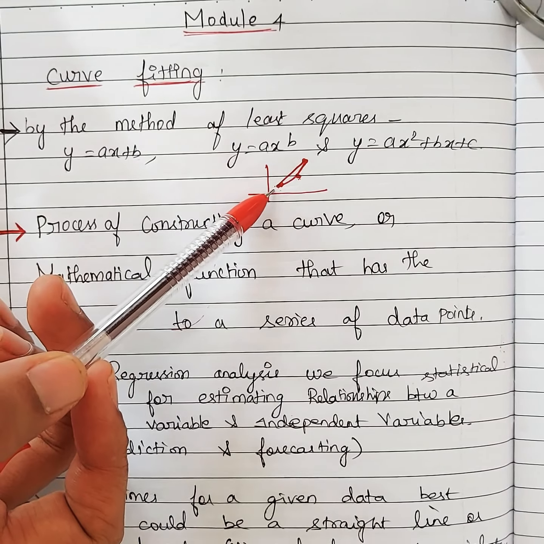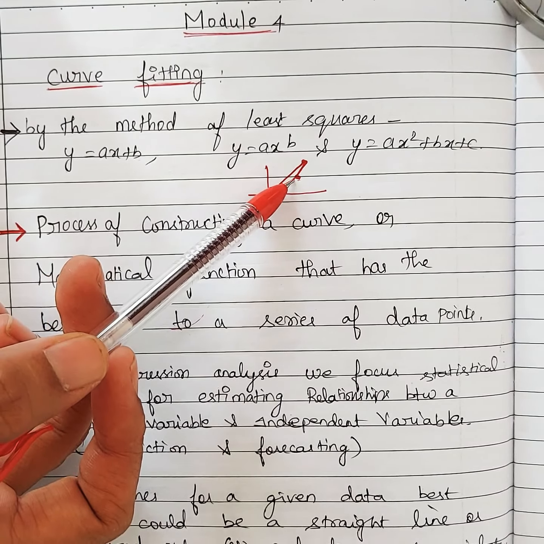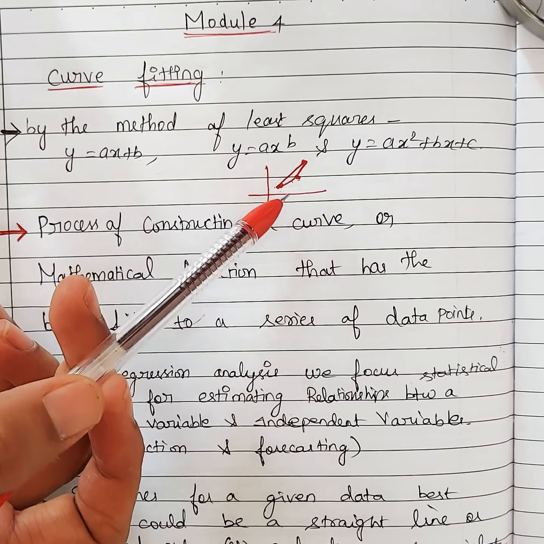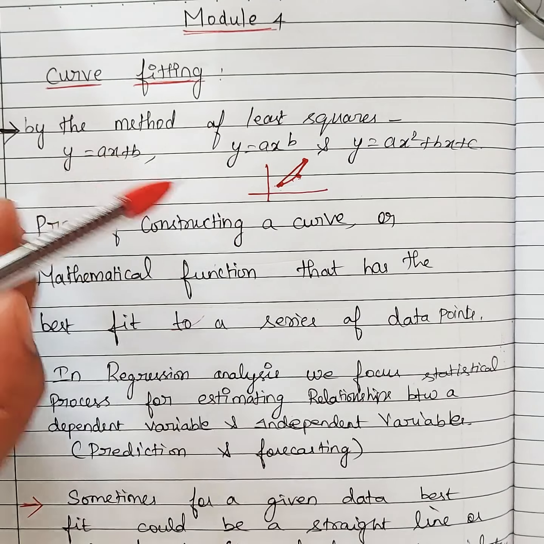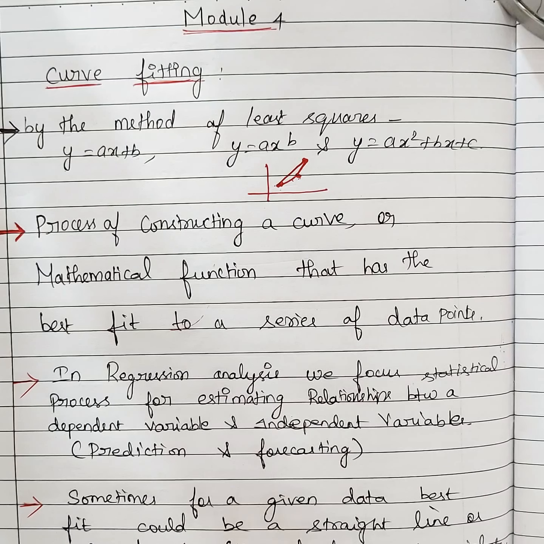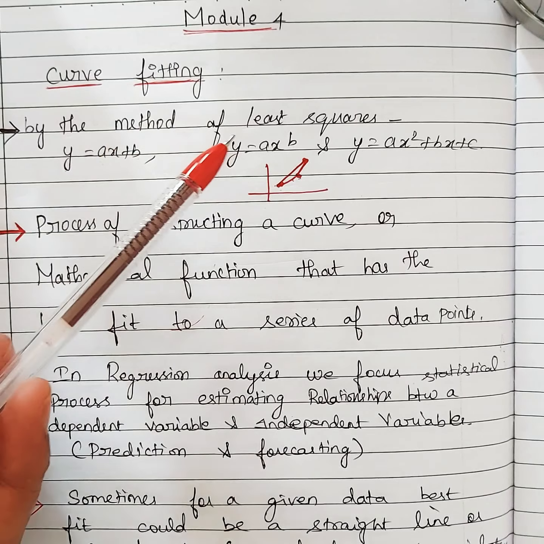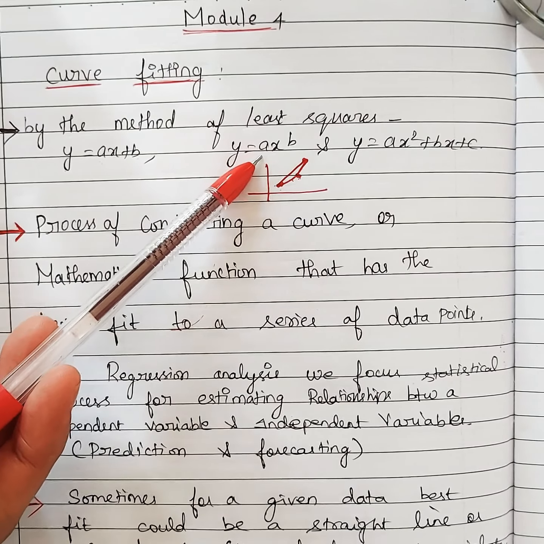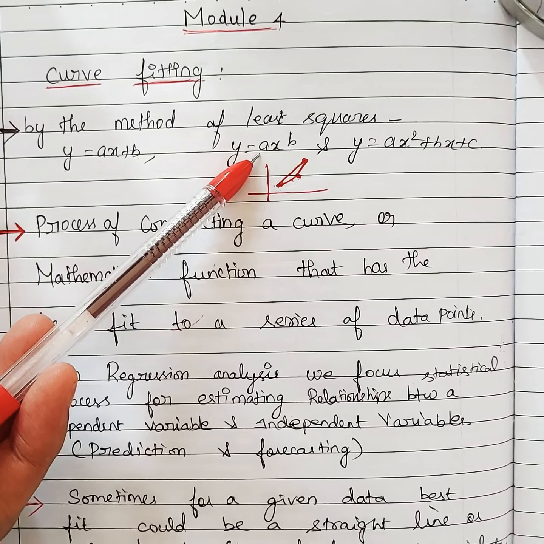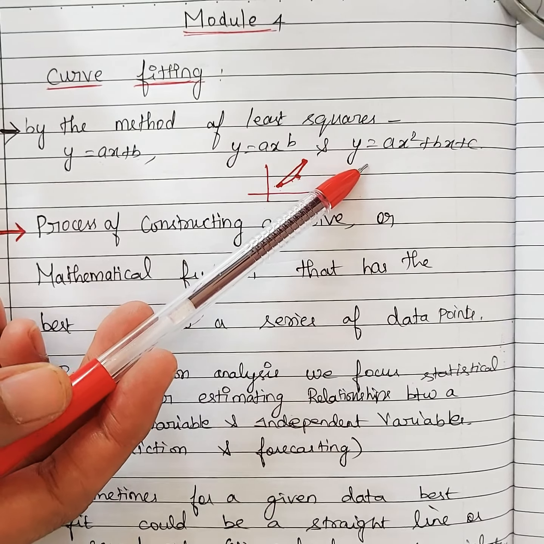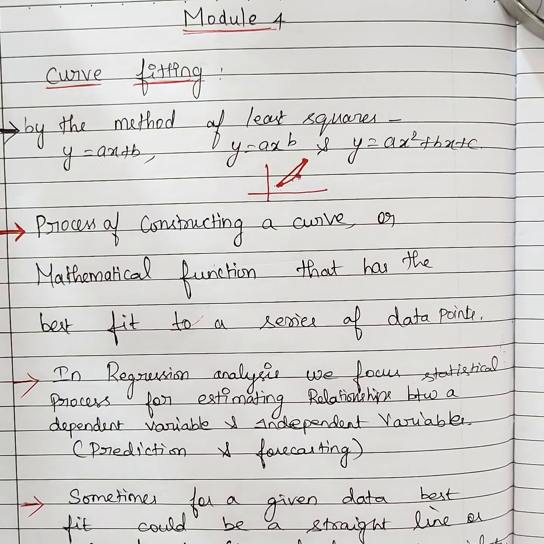For example, if you see the straight line here, the point is away from it. So we are missing this data. So out of all data points, we have to find the curve of best fit. Okay. So in your syllabus, we have y is equal to ax plus b straight line form, and y is equal to ax power b. We call it an exponential curve. And this is nothing but a quadratic, y is equal to ax square plus bx plus c.